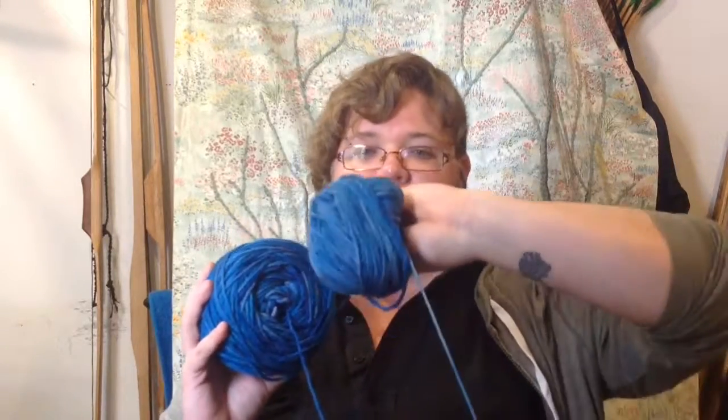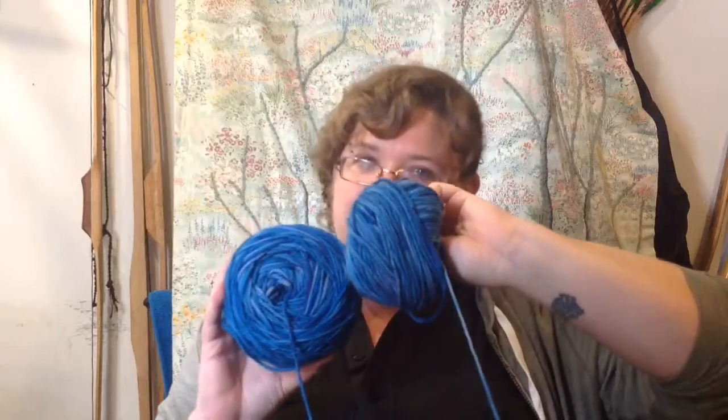So this is the 3rd skein in the set that I dyed, and this is the middle one, and I don't know how much you can see, but it is quite substantially lighter than the other 2. Not so light that it doesn't appear to be the same yarn, but they definitely have that, you know, hand-dyed look to them. And this yarn is all living in my...